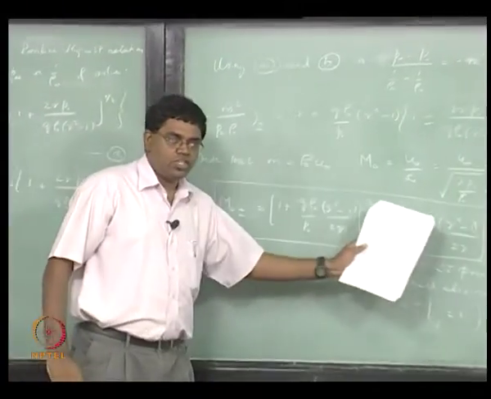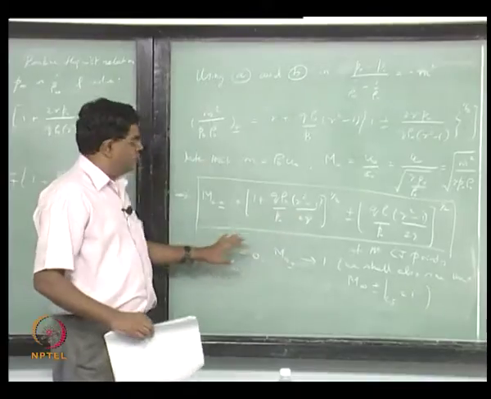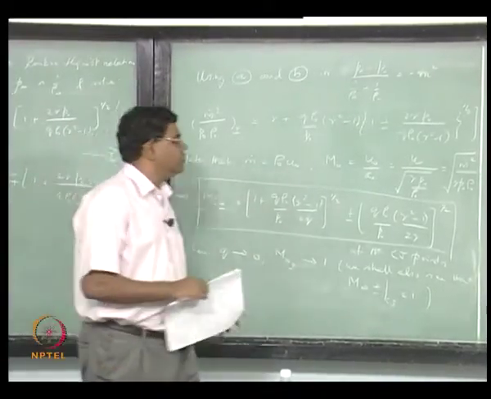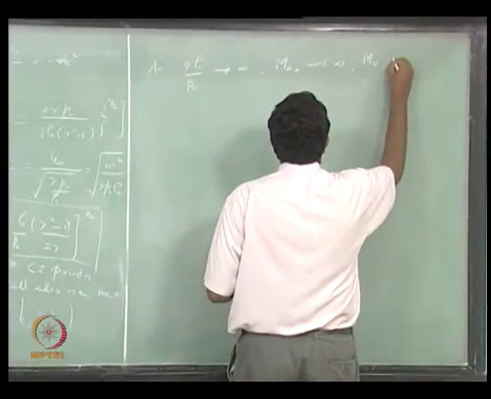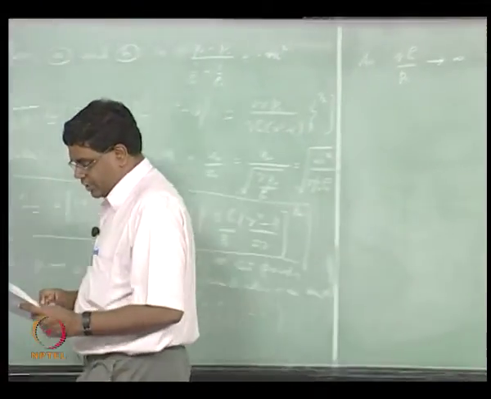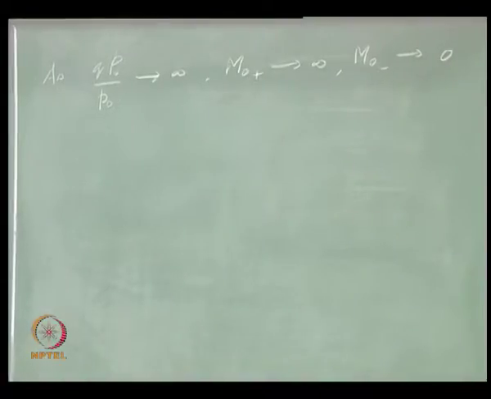These two terms essentially subtract from each other. Of course 1 is like a small number when compared to these infinities that we are talking about, so m naught minus goes to 0, right? So what this means is